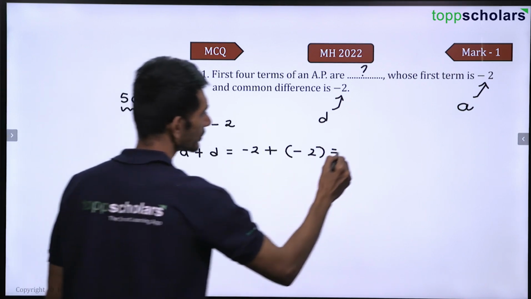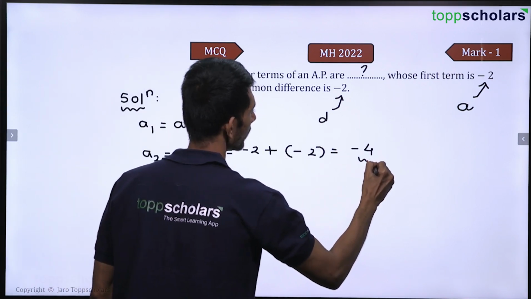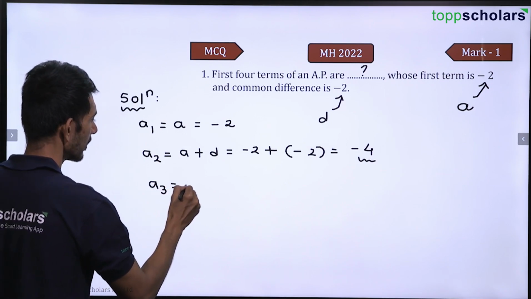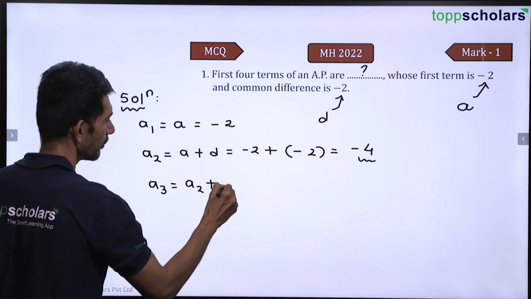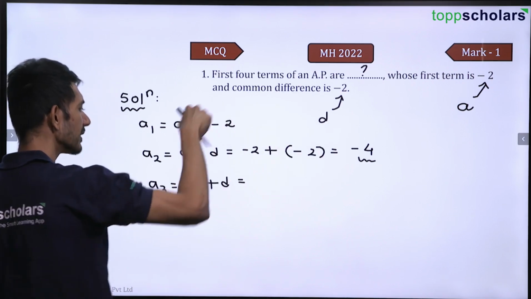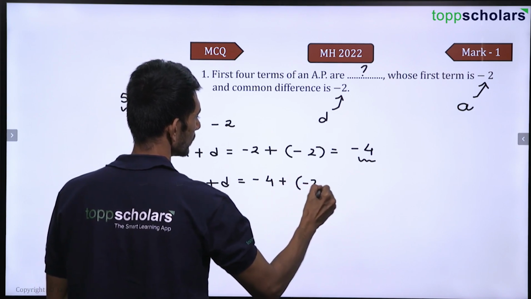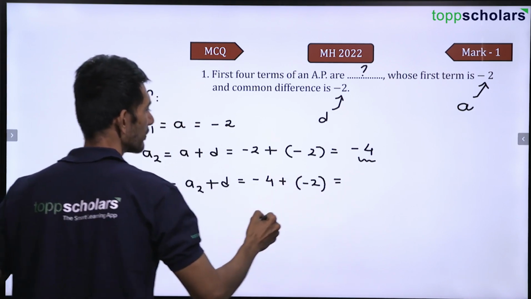Minus 2 plus minus 2 is minus 4. That is your second term. A3 is what? Second term plus D. So minus 4 plus minus 2 is